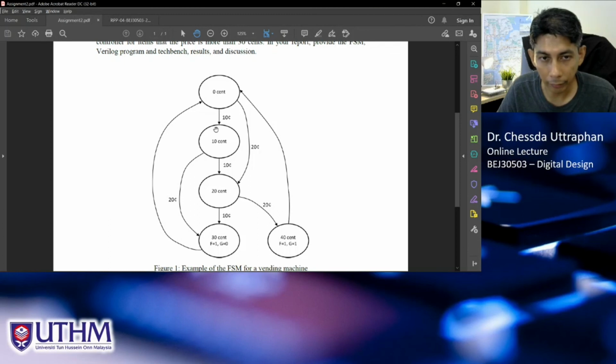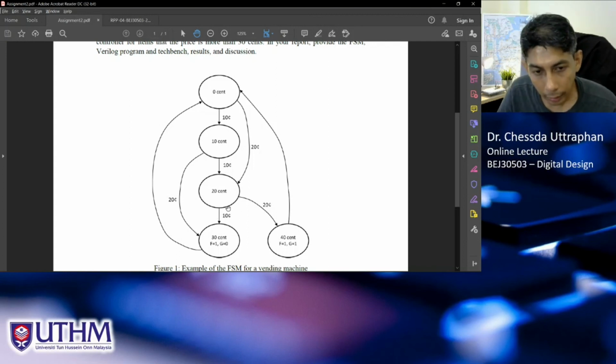When you insert 10 cent, it will go to the 10 cent state. When you put another 10 cent, it will go to the 20 cent state. Because 10 plus 10 is 20, and when you put another 10 cent, you have 30 cent, and